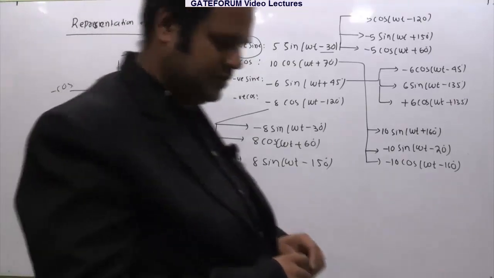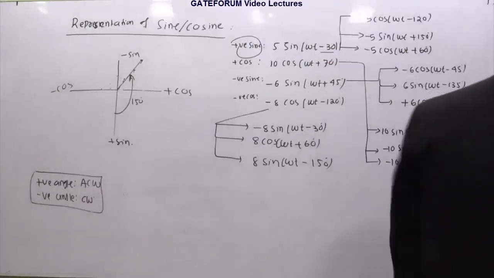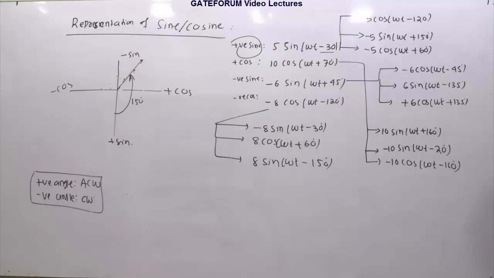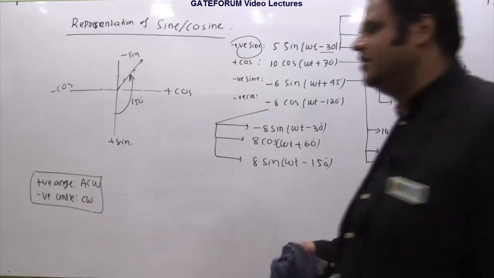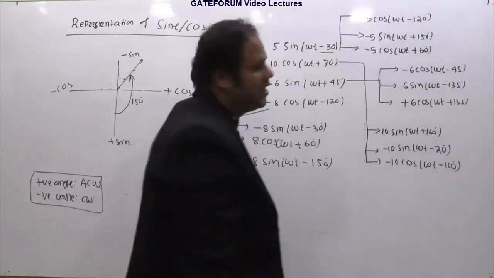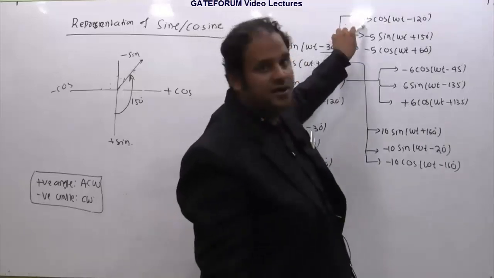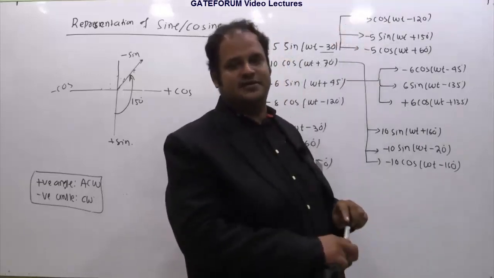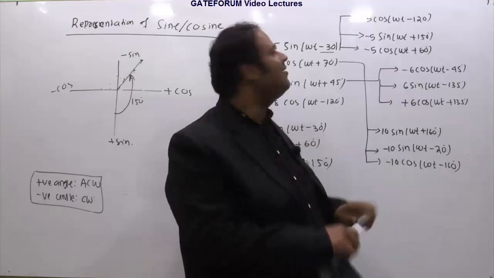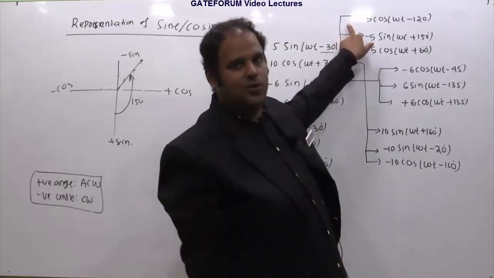So this is how to represent one sinusoidal quantity in its other forms. Suppose you are getting a question in networks, and let's say, for example, your final answer is this one. In the MSQ, they may tell you, let's say you are getting some voltage or current in these functions, then which of the following is the voltage or current?